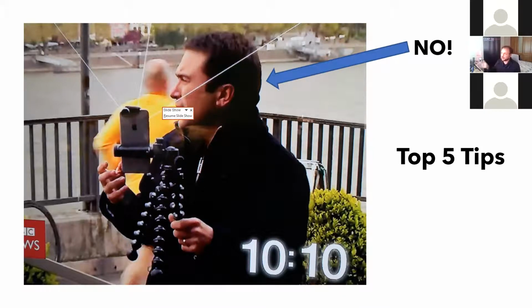This is iPhone or Android, it doesn't matter which. Someone said check lighting, for example. That's a step ahead, not quite, but yes, this is the sort of thing. So everyone post one thing, and we'll see how many people get close, and then we'll go through the top 5 tips.